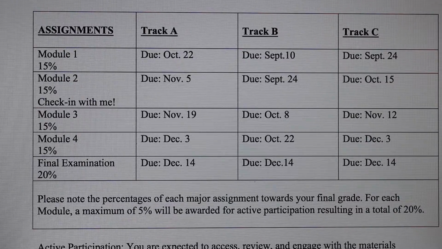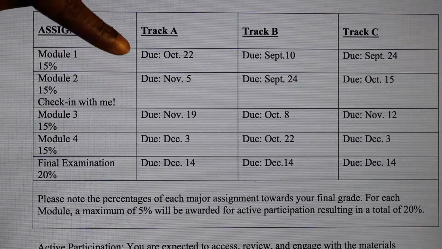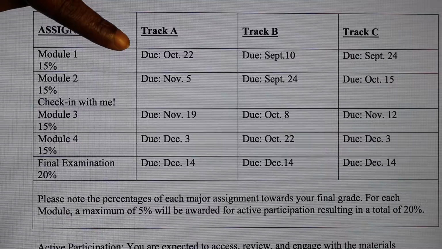Now let's get into these tracks. So if you're somebody who's doing practicum in the beginning part of the fall, you might want to opt for track A, because the first major assignment is due October 22nd for track A.